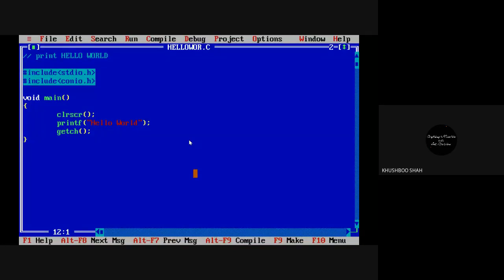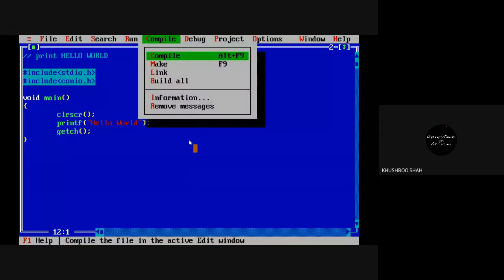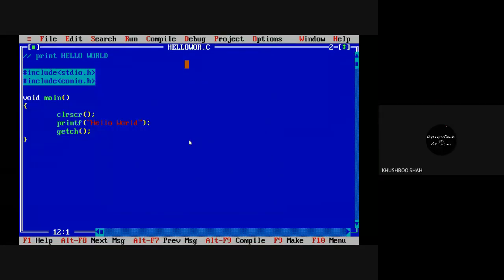When you start writing the program, first always save it, and even during the writing of the code, always make a practice to save the program, then go to compile and then run. Easy guys? Yes, ma'am.